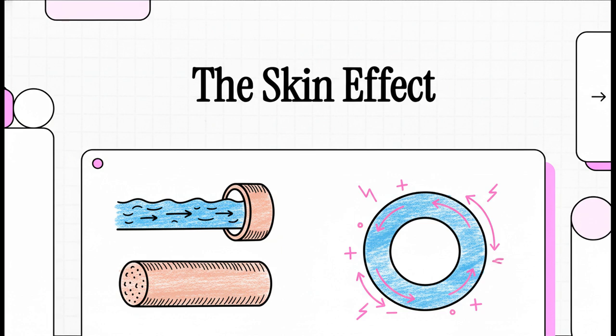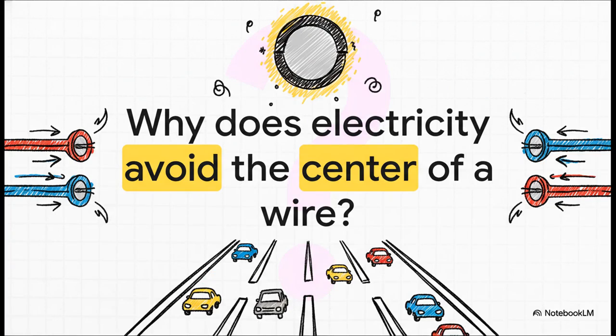It's this bizarre situation where electricity gets, I don't know, a little bit shy and actually avoids the very center of the wire it's traveling through. And yeah, it's a great question because it just seems to defy all logic. I mean, if you've got this perfectly good conductor, this whole path to use, why in the world would the current bunch up only on the outside? It's kind of like if every single car on a 3-lane highway decided to drive only in the shoulder lanes, leaving the main road totally empty. So, this is the core mystery we're going to unpack today.